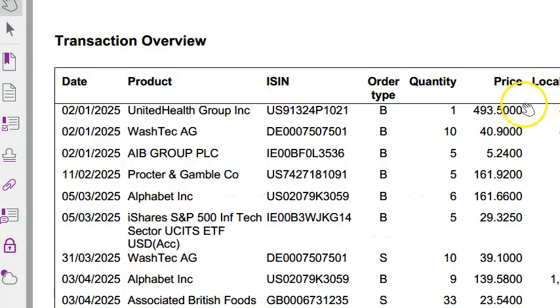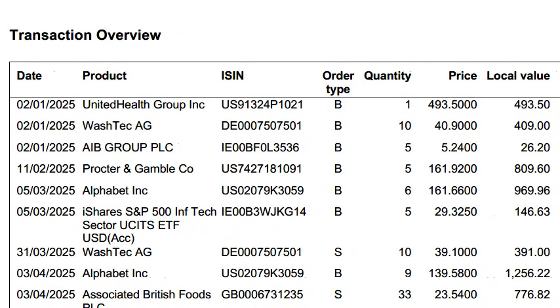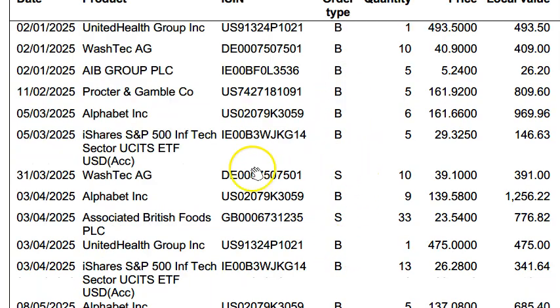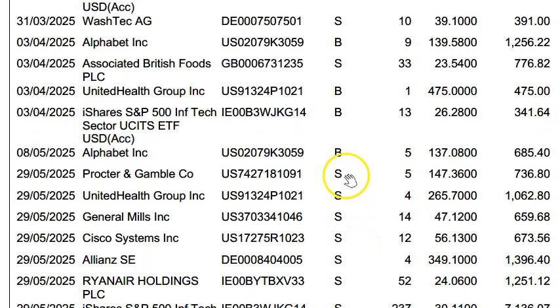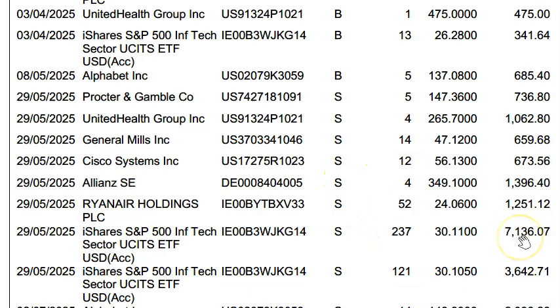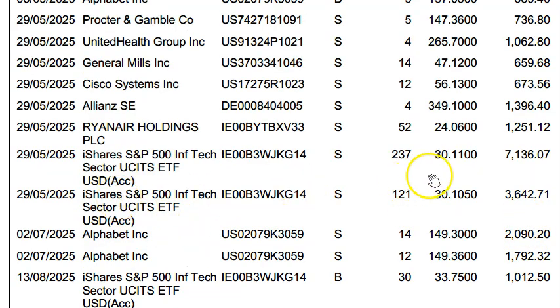This is where now we need to do some manual input. On page 6 of the current annual report, under Appendix Transaction Overview, what I'm going to do is find everywhere where I did a sell. So that's S. So here is the first sale, WashTech, and that is local value 391. And again, the rest, Associated British Foods, so 391 plus 77682. Anything here where you see an S, you add them all up, and in this instance, you exclude iShares. You exclude the two of these,